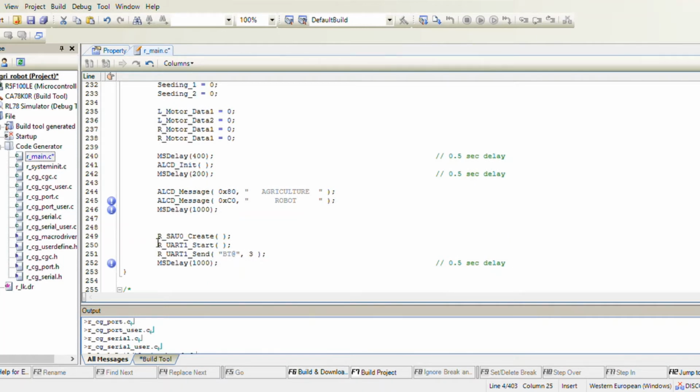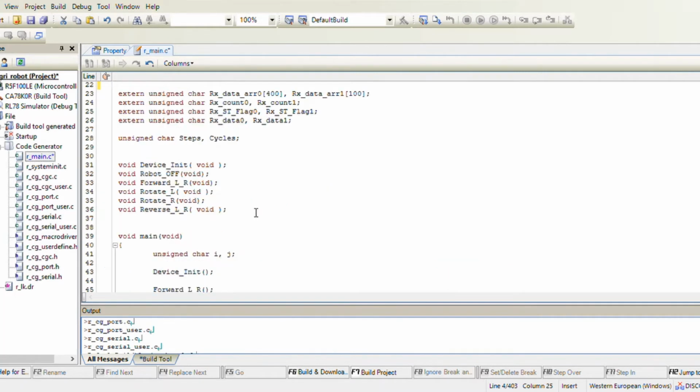The 249 line defines that Bluetooth will turn on and send the message AT with some delay. Coming up to the next function declaration, that is robot off, which defines that the microcontroller will be turned off and all the functions will be disabled.